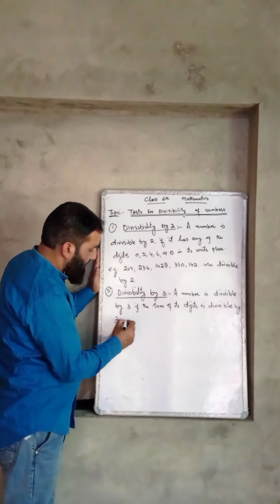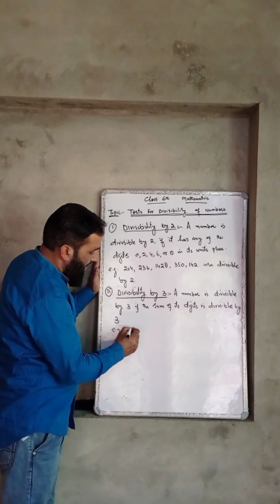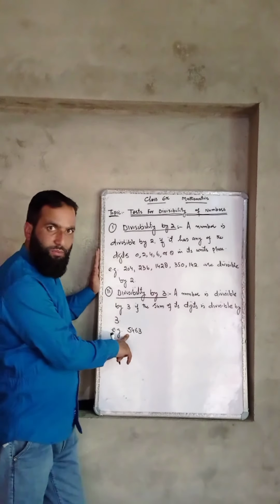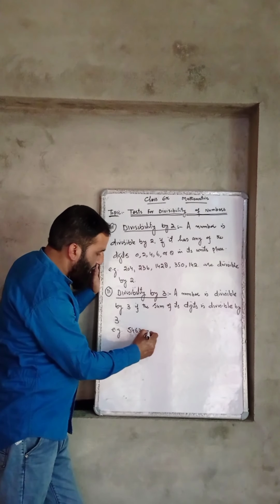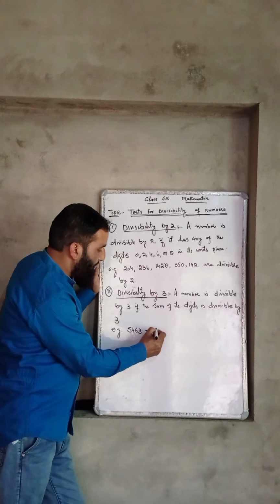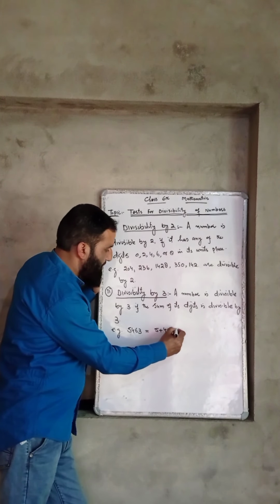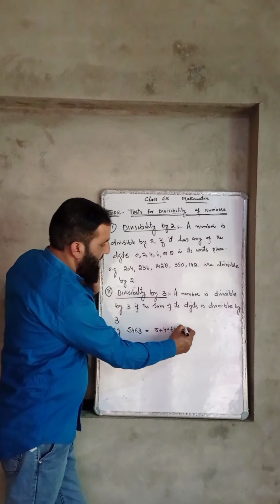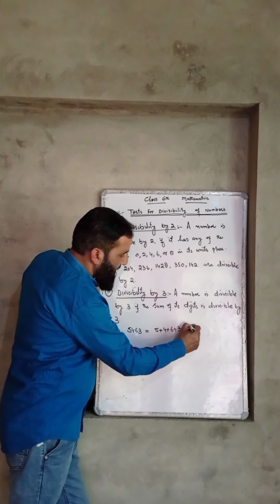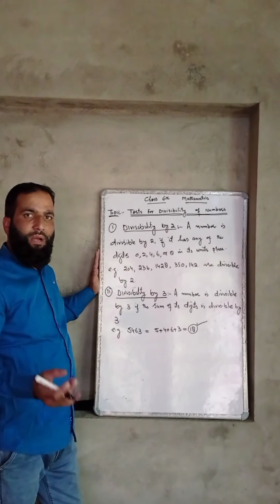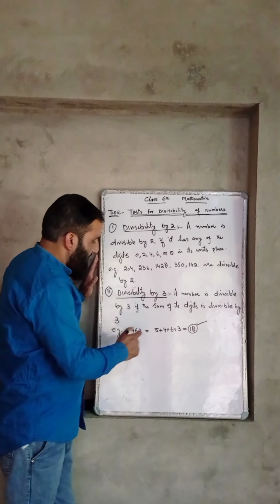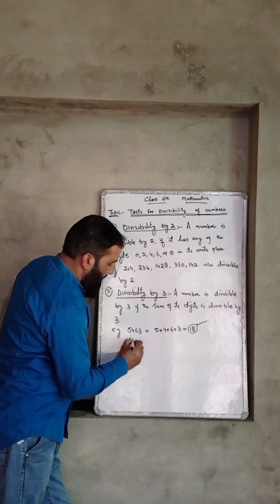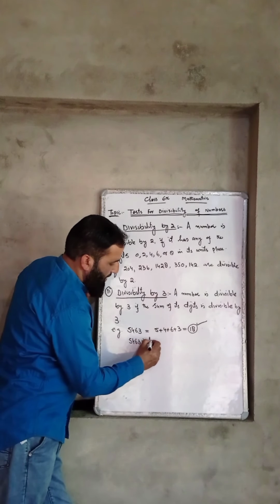For example, 5463. Here we are supposed to check whether this number is divisible by 3 or not. For this purpose, we have to add all these digits: 5 plus 4 plus 6 plus 3. 9, 9 plus 6, 15, 16, 17, 18. The sum is 18. 18 is divisible by 3 or it is a multiple of 3. So we can say 5463 is divisible